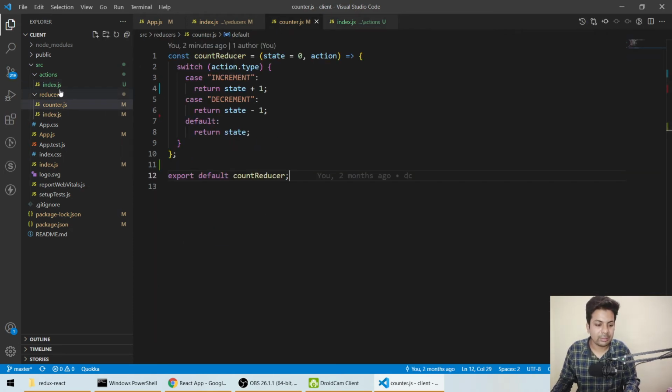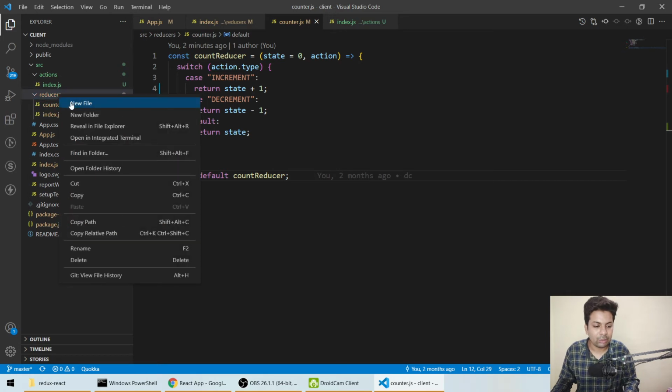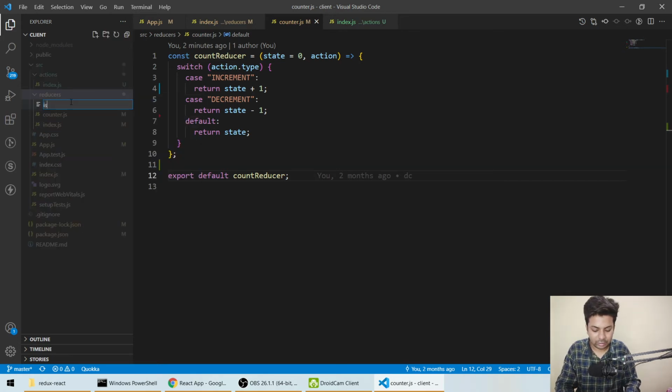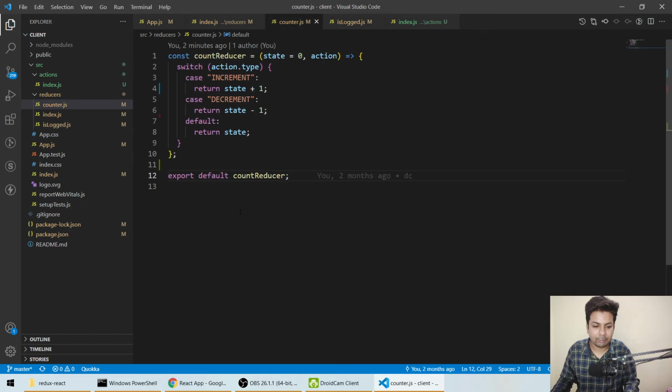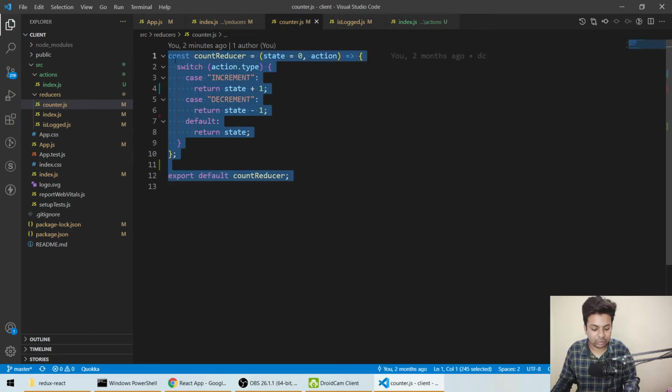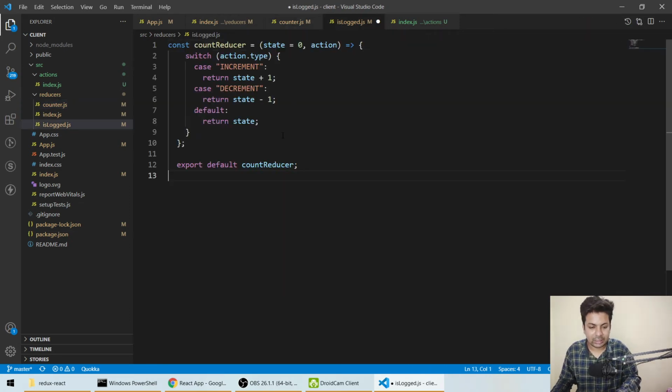Now we'll go to the reducers folder and make a new file called isLogged.js. We'll follow this reducer part and paste it here. We'll rename count reducer to logged reducer, and export logged reducer. Here we'll check the action type.